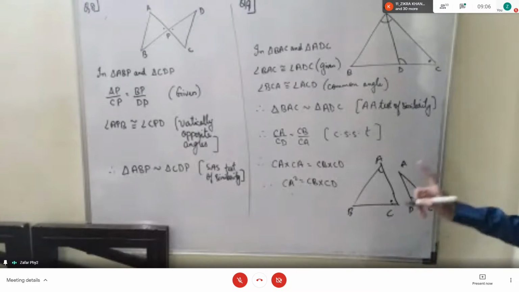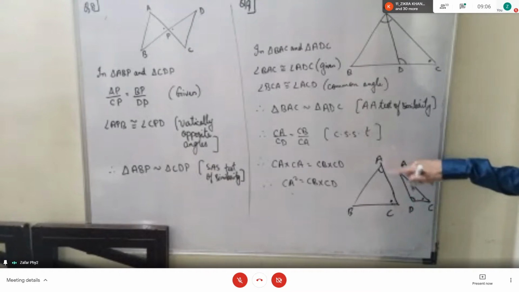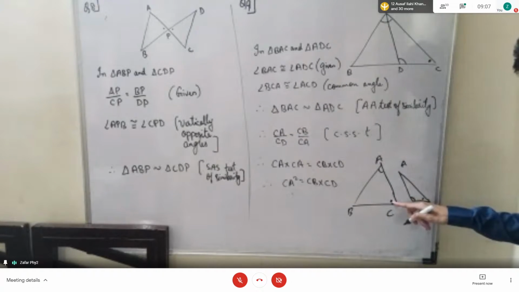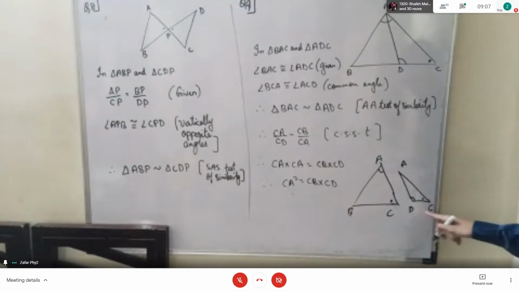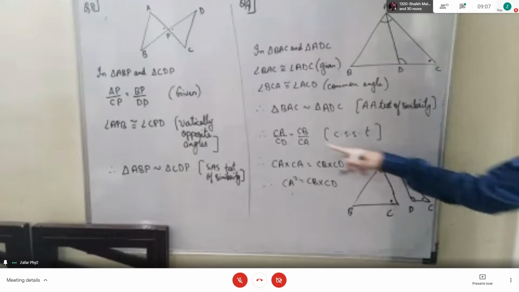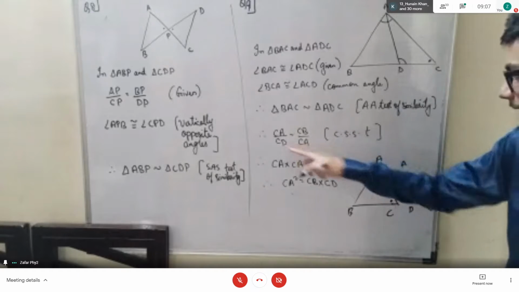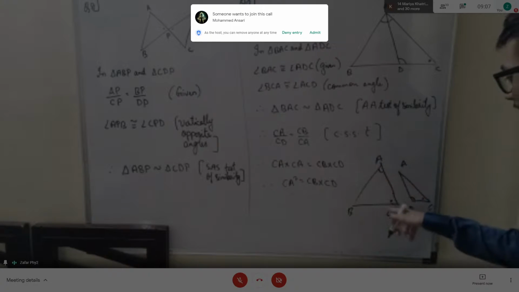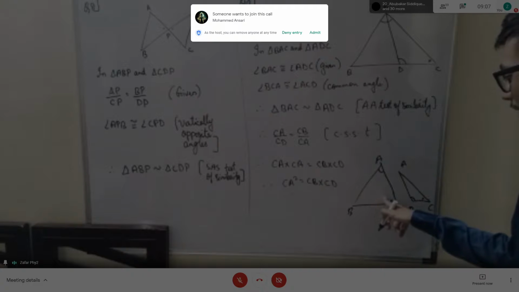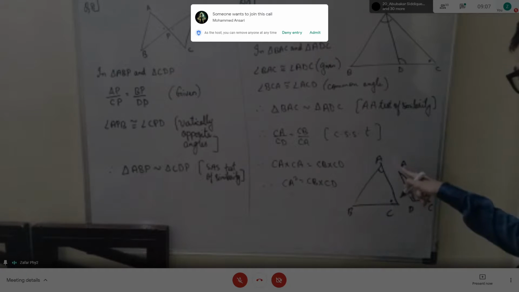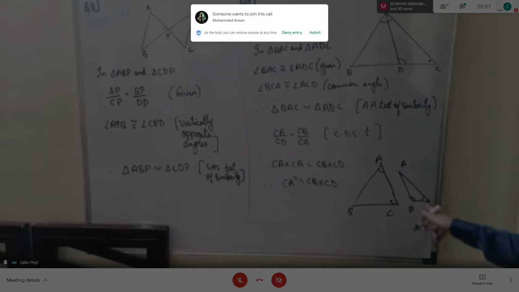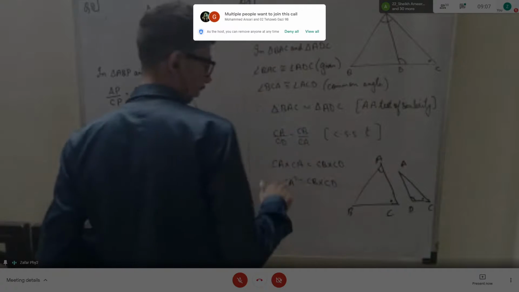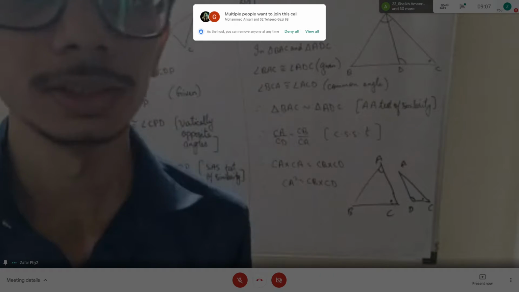Now see, we need CA. So I have selected CA here. From this triangle, I have to select a dot and such angle. So here it is CD. Here it was CA. So CA upon CD is equal to, I need CB. So I will take CB from here. So CB upon CA. Now CA into CA, CA square, and this is CB multiplied by CD.